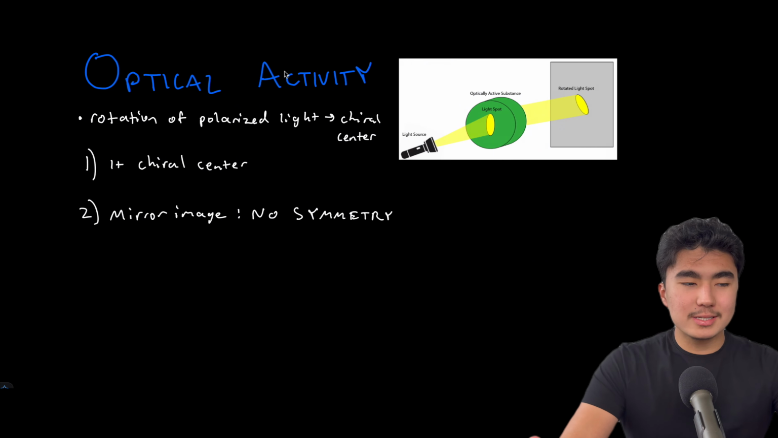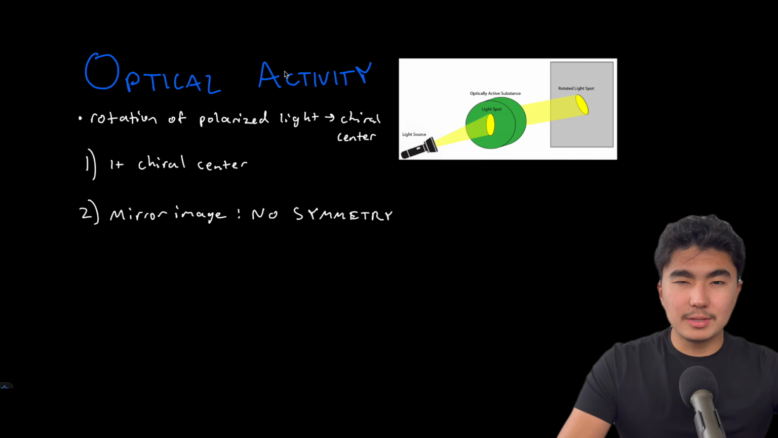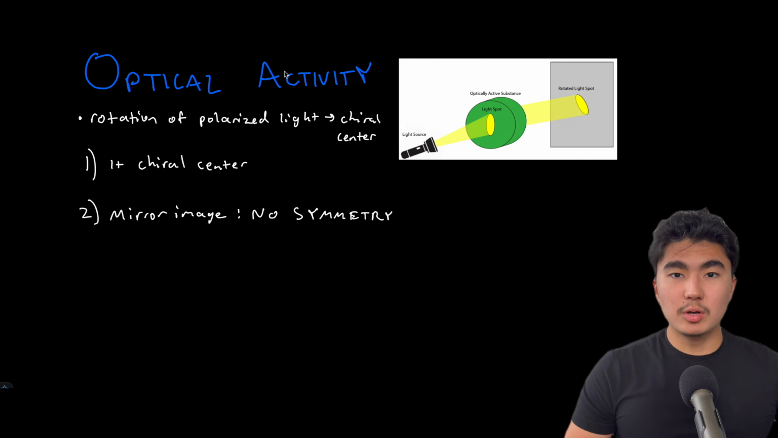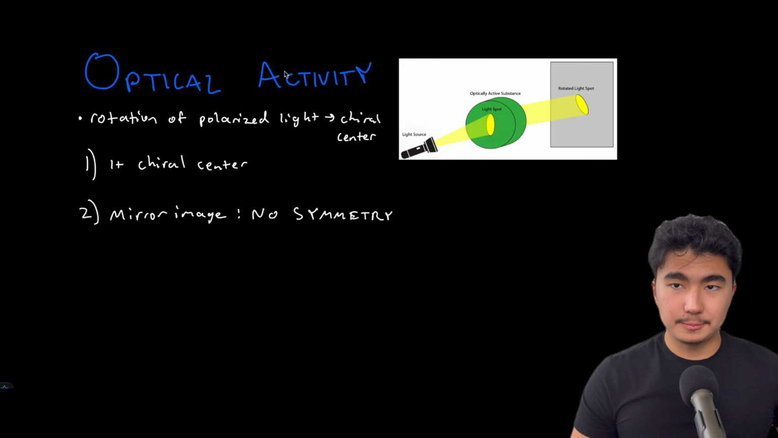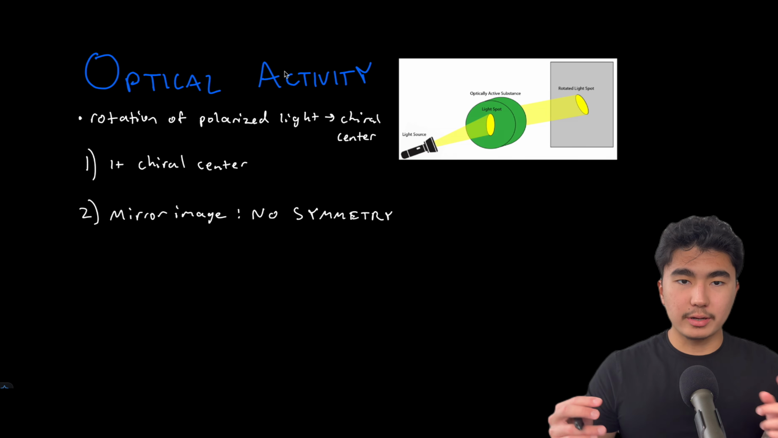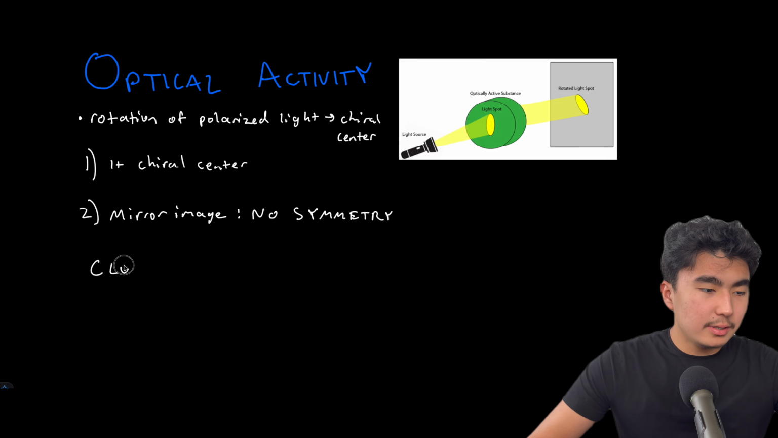So these all sound like qualifications of an enantiomer, and you'd be correct if you assume that, because most, if not all, enantiomers are optically active. There are some diastereomers that are optically active, but enantiomers for the most part will be optically active. Now, compounds can rotate either clockwise or counterclockwise. They can rotate that polarized light clockwise or counterclockwise. So if we rotate that clockwise,